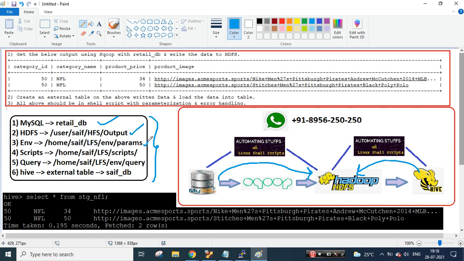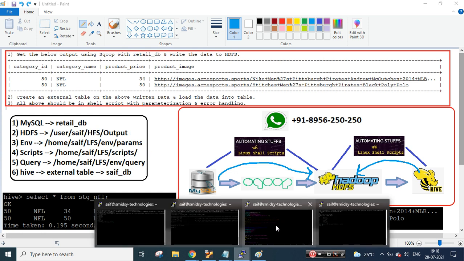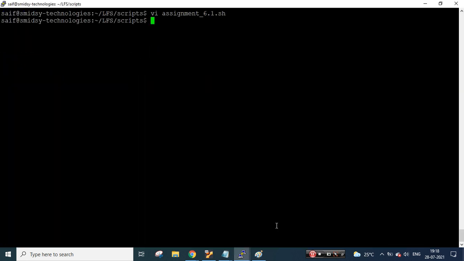Under this, the parameters file is kept. Here I have written a script which I will be executing. Here I have kept SQL, and in my Hive I have a database, as I told a little while earlier. So now we will simply go over here, come out of the script, and try to execute in the debugging mode. If something goes wrong, we will be able to debug that.